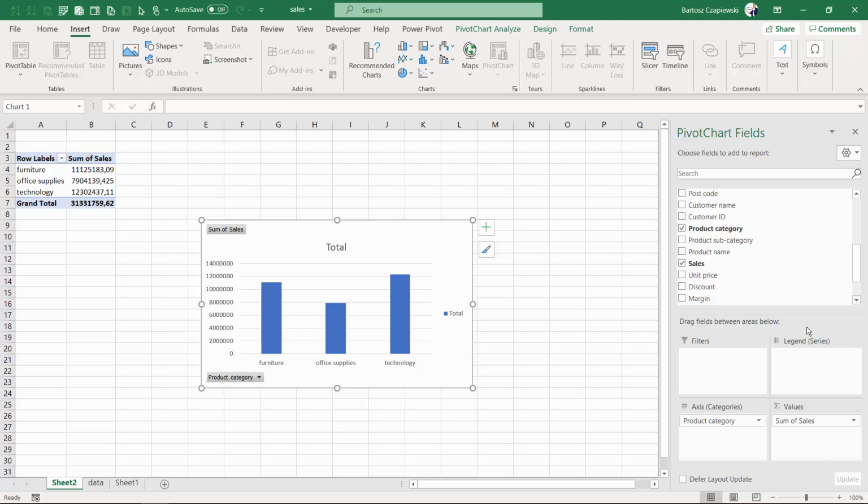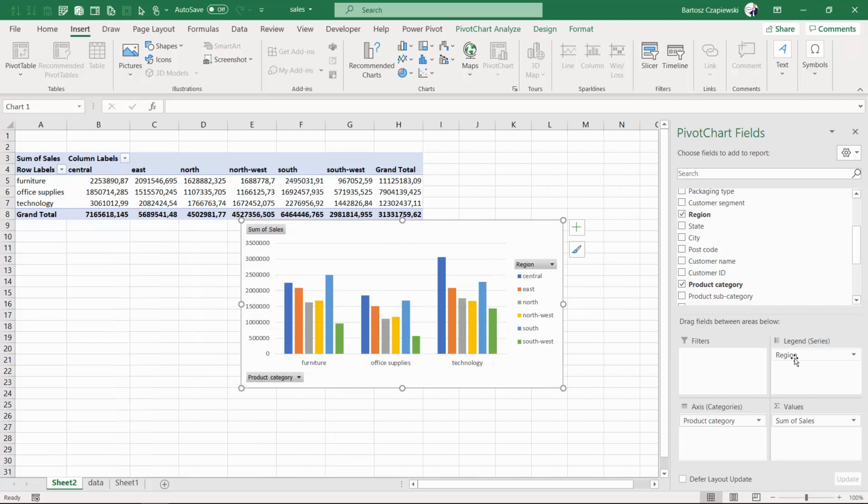So right now, if I want to analyze the data by region, instead of placing this field on the columns shelf, I actually place it on the legend shelf,